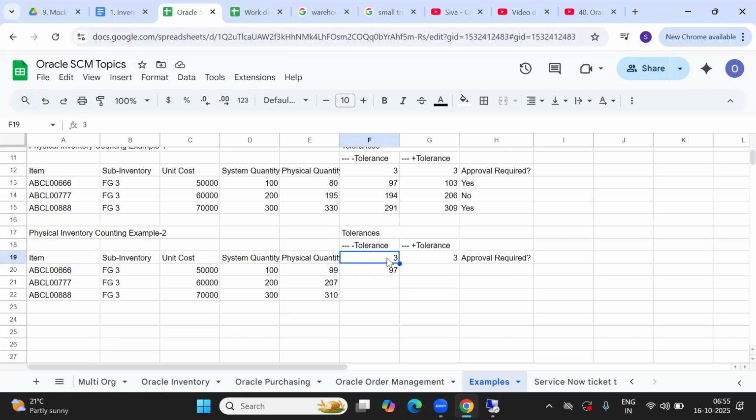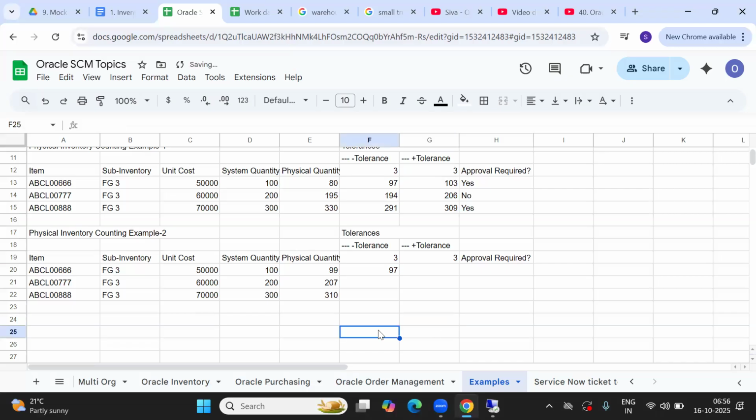When I say 3 percent, we know how the percentage works, right? For 100, 3 percent is 3. This 3 you can remove from 100, and it becomes 97. There are other ways to calculate it too.